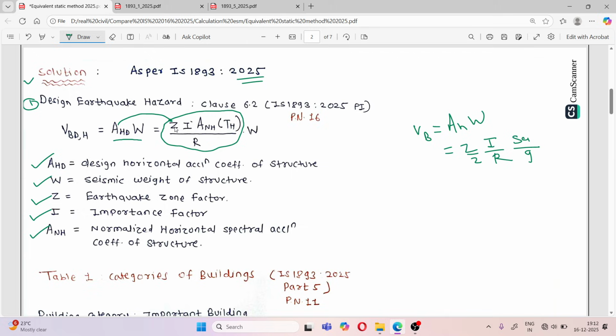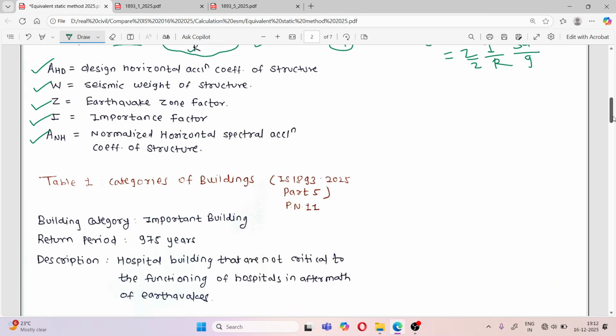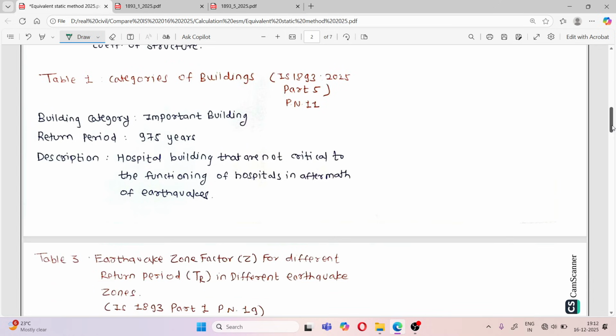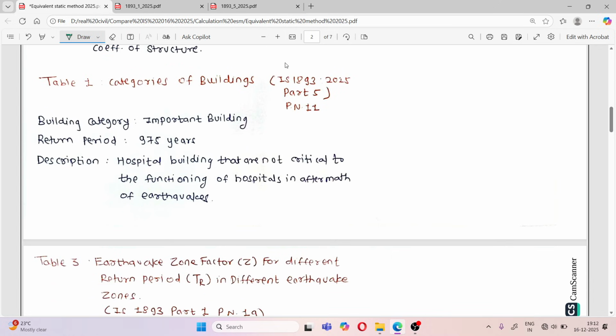So let's calculate. We have W. So we have to find Z, I, ANH, TH and R. We need to calculate these parameters. To find the value of Z, the zone factor, we need to refer to Table 1, which is related to